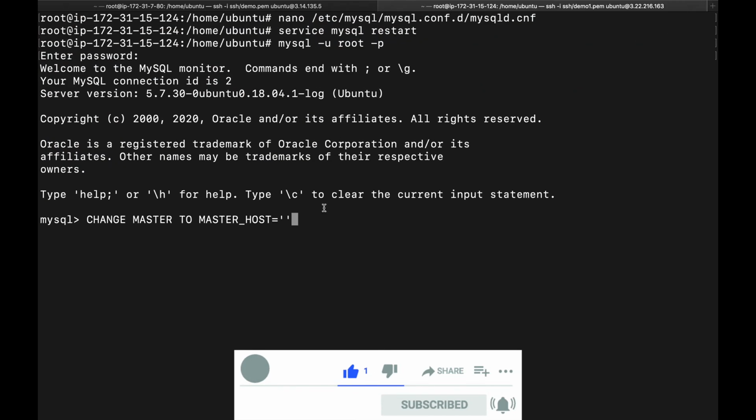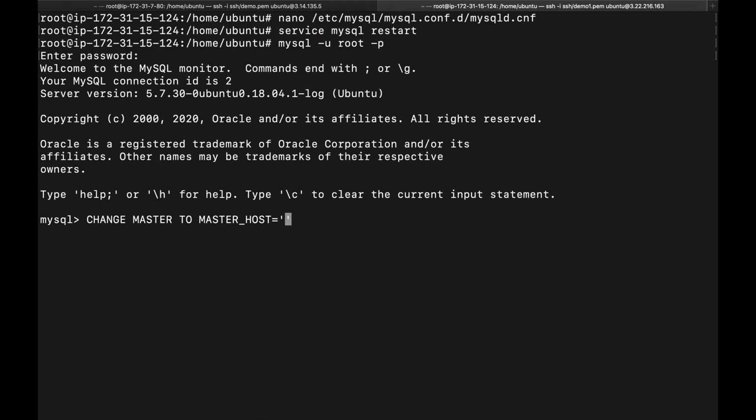Okay. For the host, this is my MySQL instance IP. So let's go to the terminal. Yes, master host is your IP. Copy, paste. Now the master user: master_user equals to the slave user that we created in the master database.